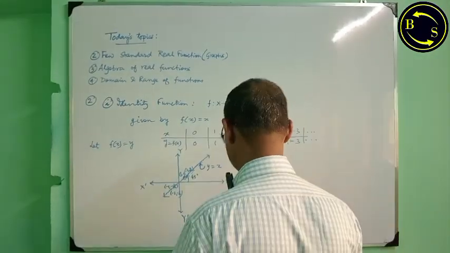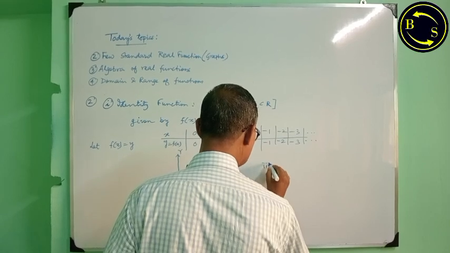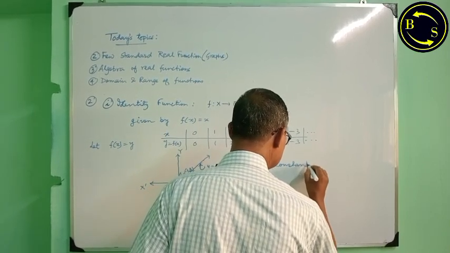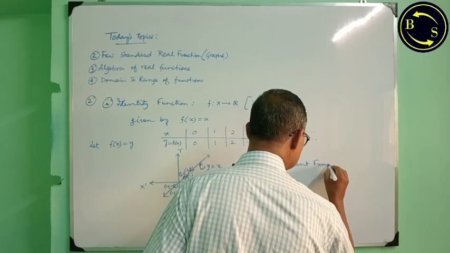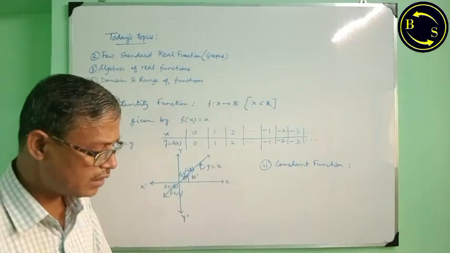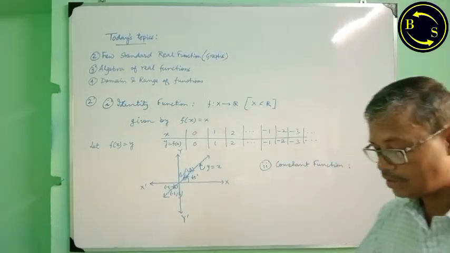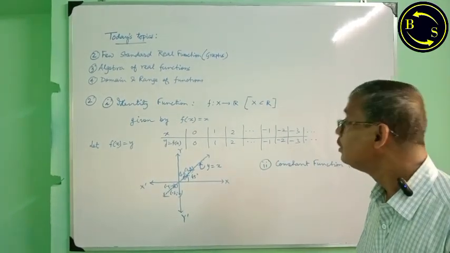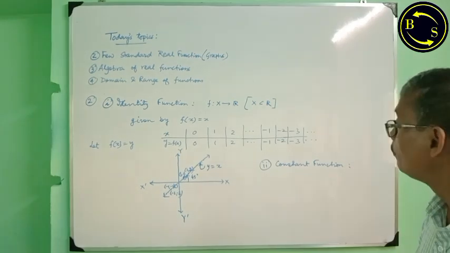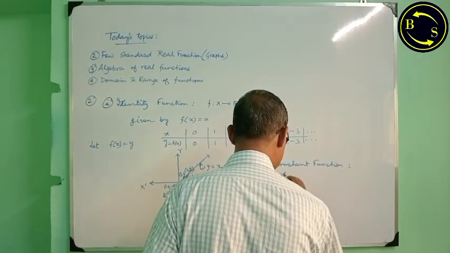Now we move to number 2. Constant function. From the name it is clear that for any real value of the variable x, the value of f(x) will be constant. This function is defined